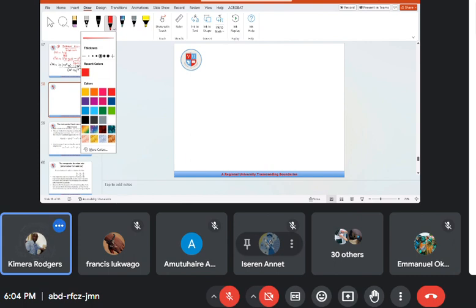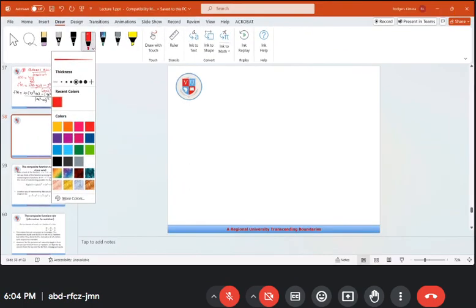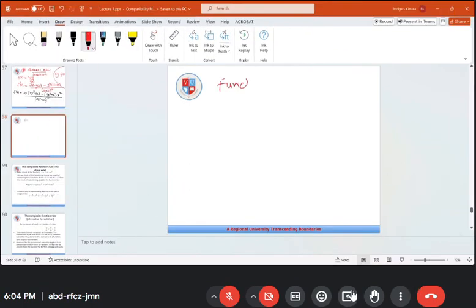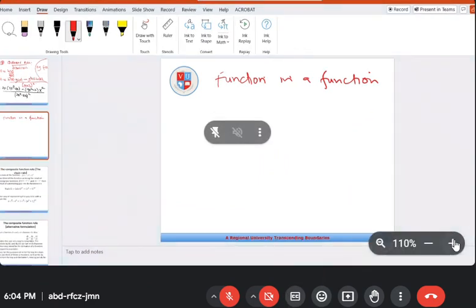So, as we discuss functions, sometimes we have a function in a function. I'm just building a case, and later on, I'll